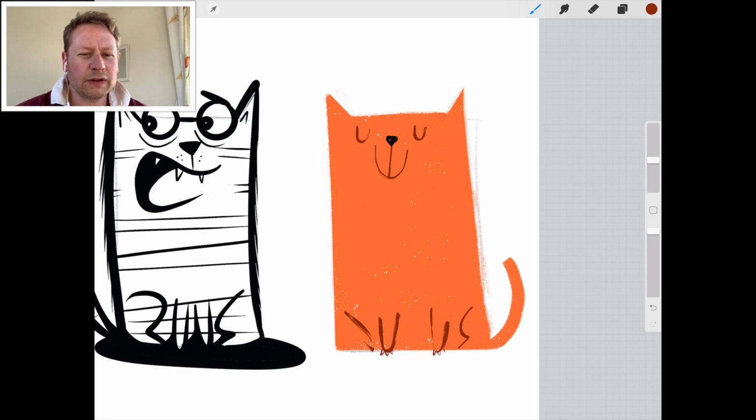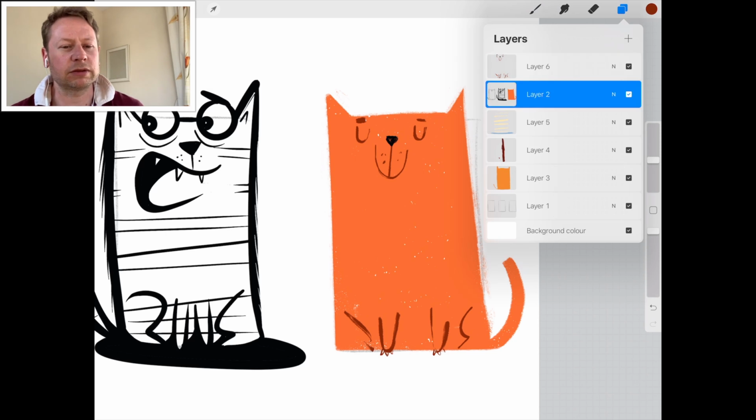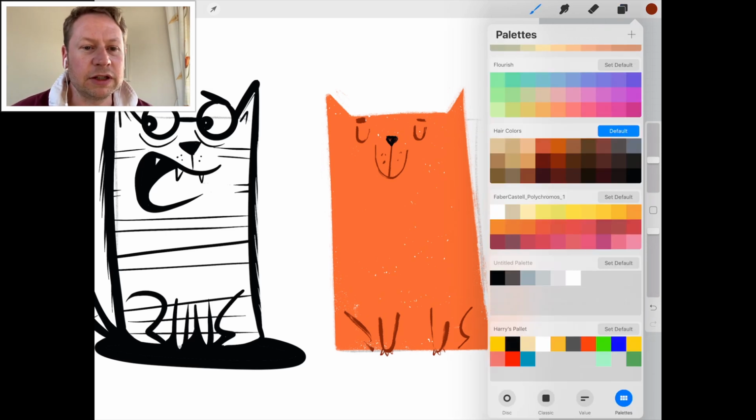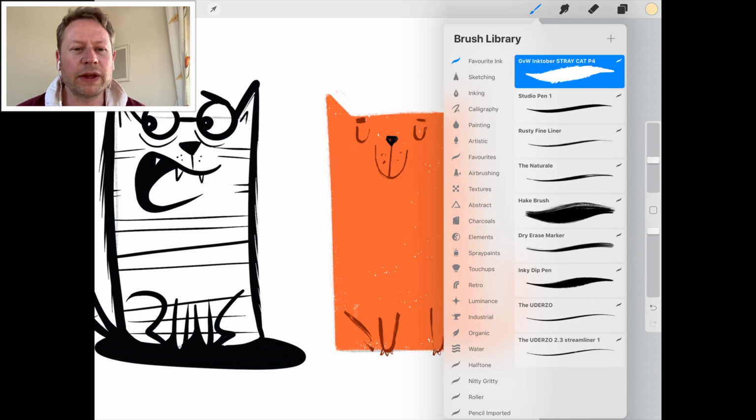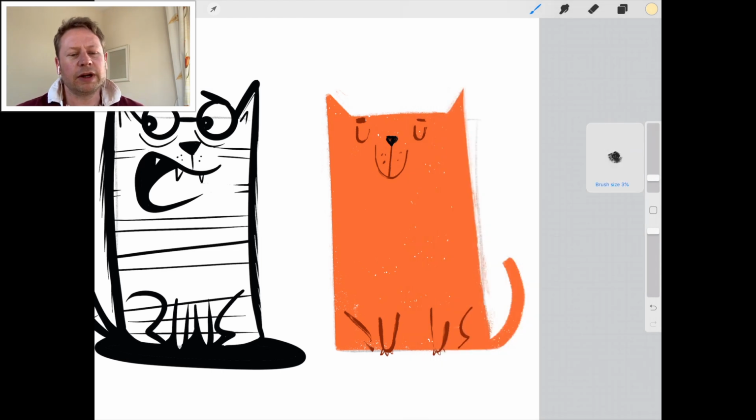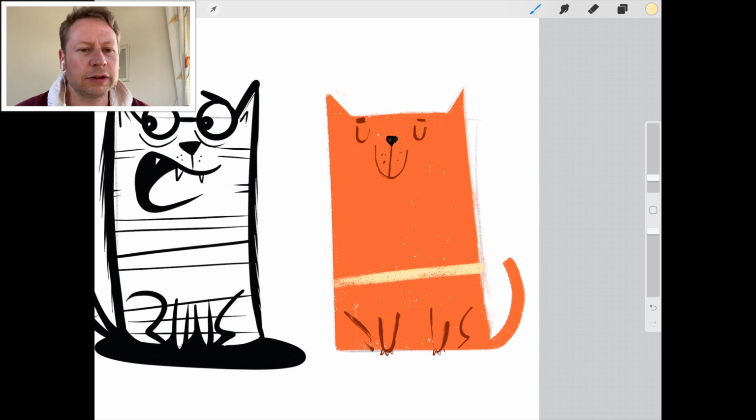So yeah, once you have a good understanding of a character, then you can start to mess around. If you know how to draw cats or dogs or a particular character that you've invented, once you know it really well, then you can start messing around and going, what happens if I draw it in this style? If I draw it like really cartoon, like a